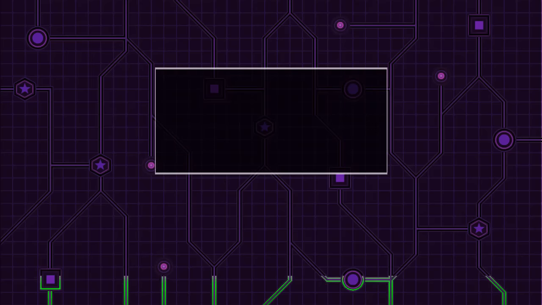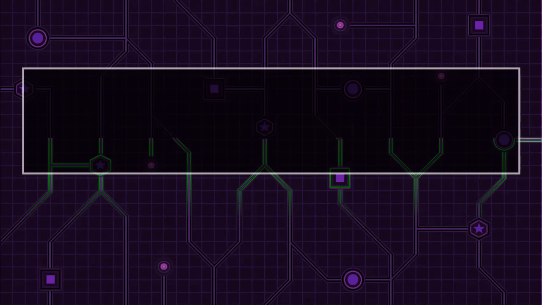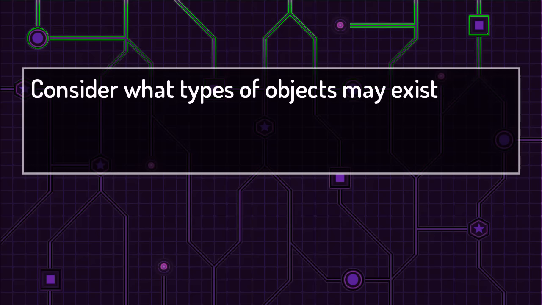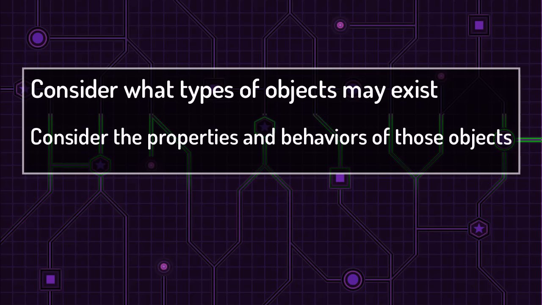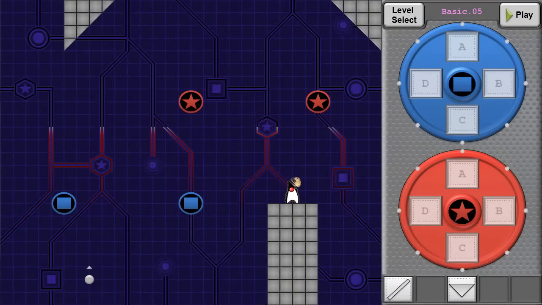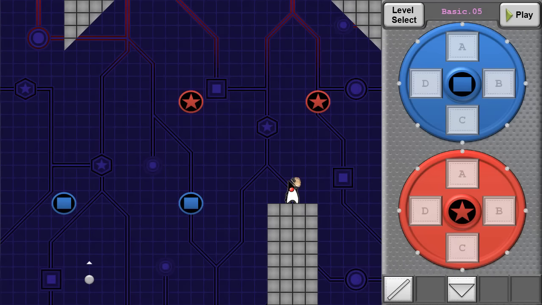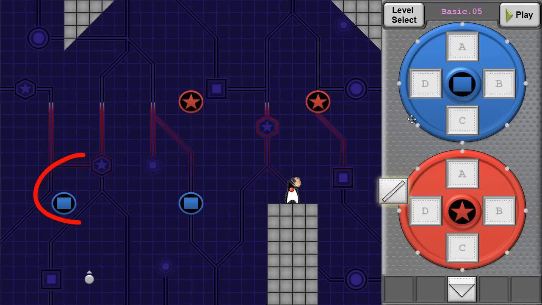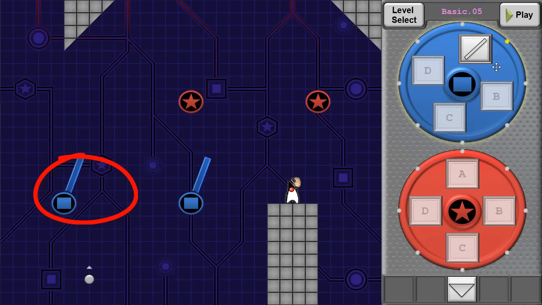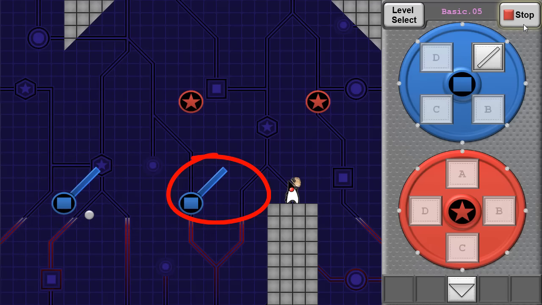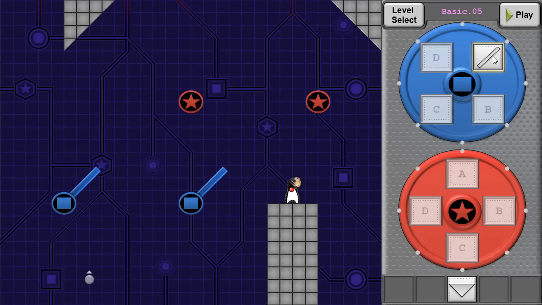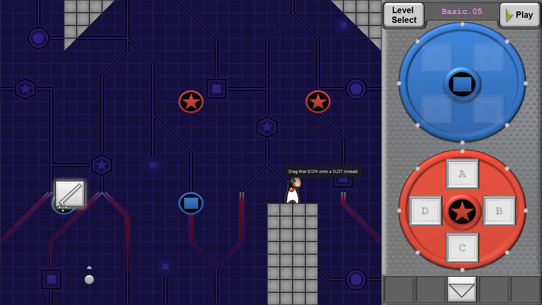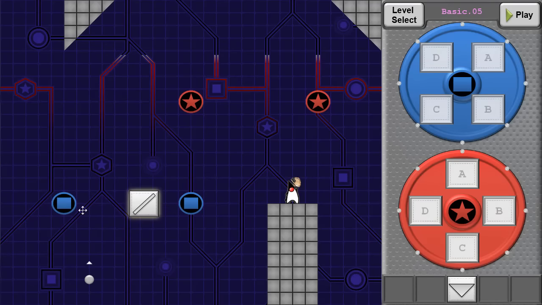Your challenge as a programmer is a design challenge like the one you faced in Java Puzzle Ball. You consider what types of objects should exist in your program and consider the properties and behaviors of these types of objects. So, for example, in this puzzle, I want to deflect the ball to Duke. I know the ball will go up, and I like to deflect it to the right. Adding a simple wall to this blue bumper does that, but then it creates the same wall on this other bumper. I can't assign this behavior for deflecting a ball to just one instance, just one object. It has to apply to all of the objects.